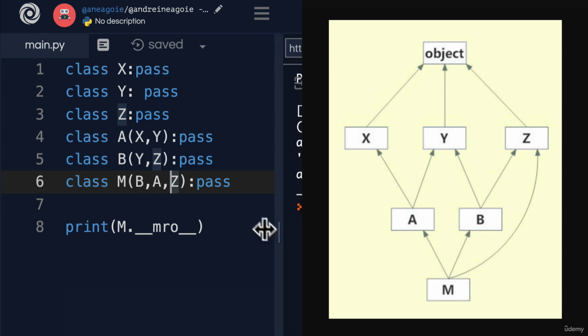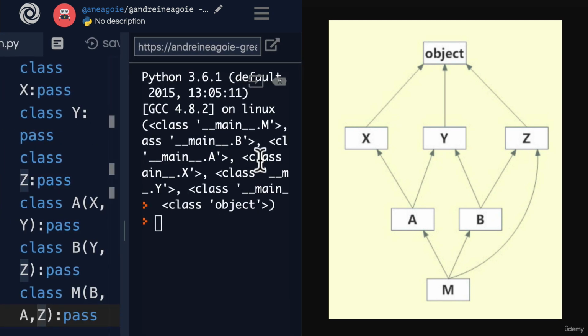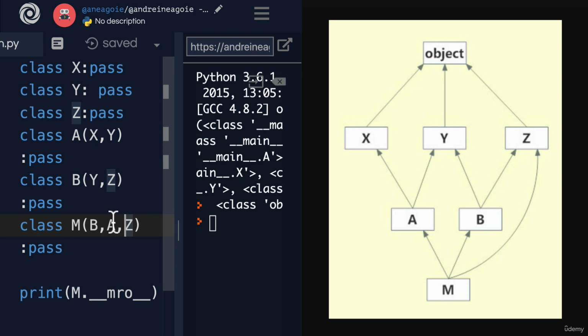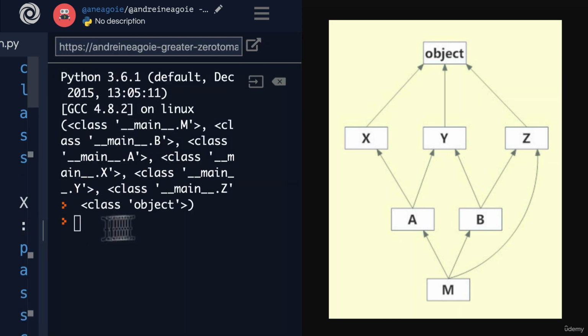After B and A, what was that? Well, after B and A, we have class X. Why did X come before Z? Instead of going to what we would have thought would be Z, it goes to X, then Y, then Z,